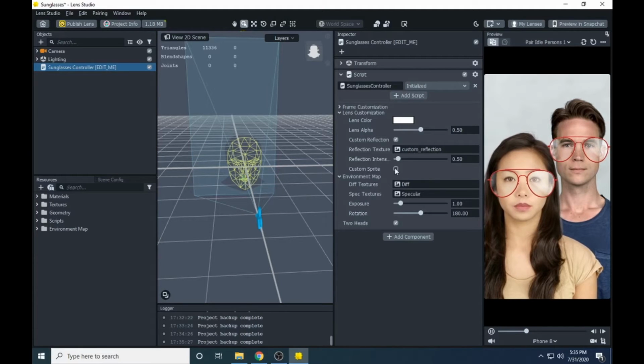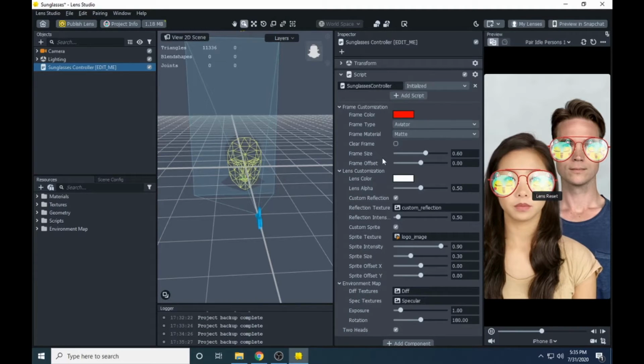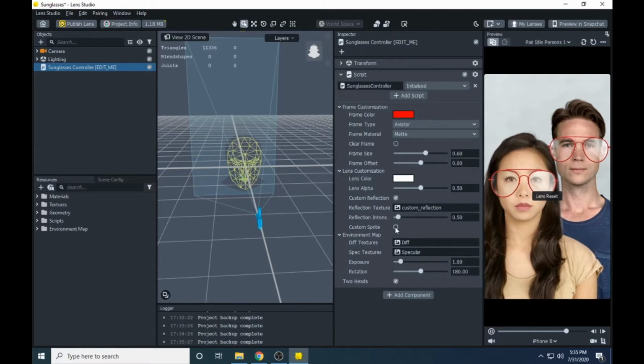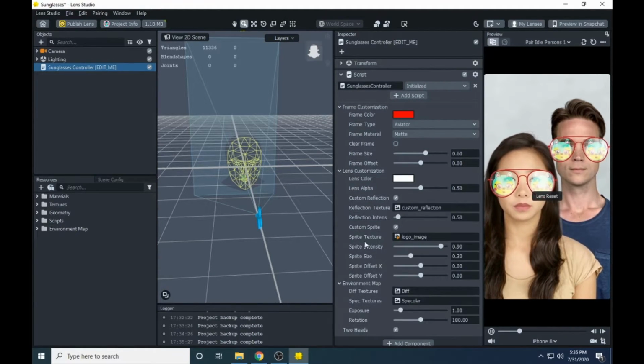Yeah, and for now we have custom sprite. Custom sprite is my favorite thing, because this is what makes it more fun. If I click on sprite, as you can see, more options came: sprite texture, sprite intensity, sprite size, sprite offset, sprite offset x and y.